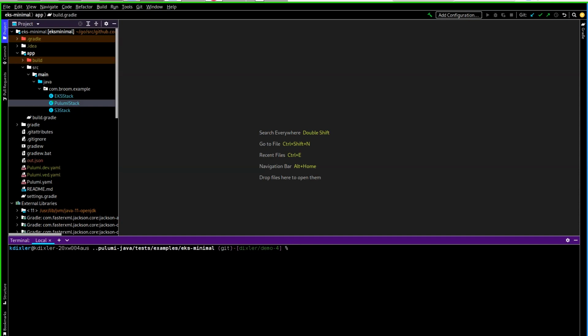So a lot of the Java devs out there that are really happy about using Java and might want to be able to use Java for more than just their application code, don't have to write YAML or a configuration language in order to do it. So the first stack that I'm going to show today is going to be that Kubernetes stack. This is more of a stack that an operations team would be working on.